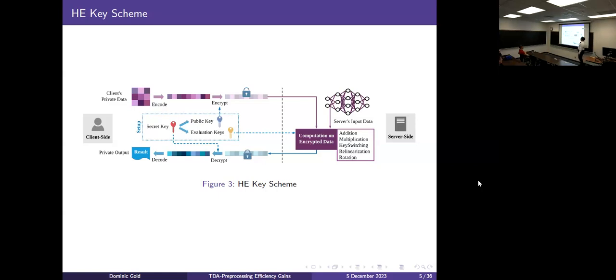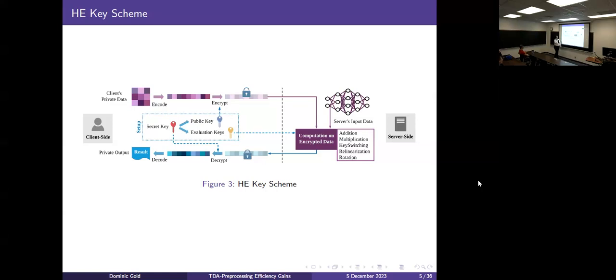So how does the high-level pipeline go? You have some private data here, and then you encode it to the server's exact specifications. If the server says jump, you say how high, right? So you encode it and then encrypt it using the public key. We've already discussed public keys for encrypting data. And then you send it past what we call the trust barrier, which is effectively out of your hands now. You've sent it, it's on the internet, or in an email, or in a file. You send it over to the server side.